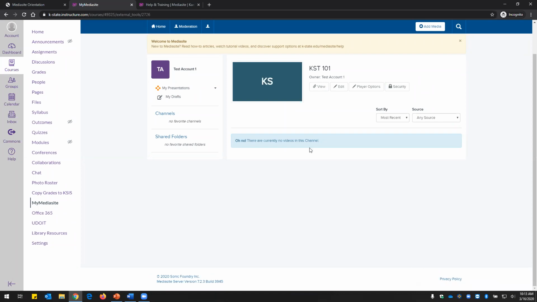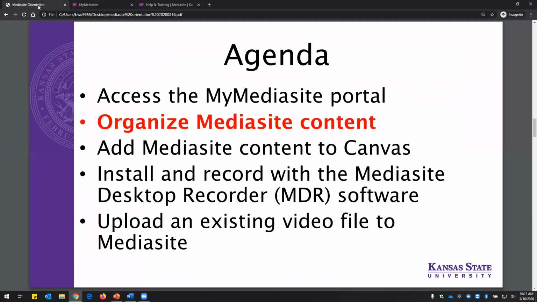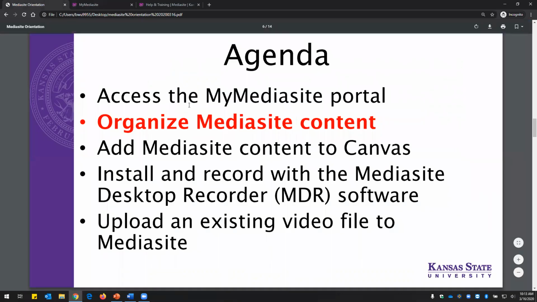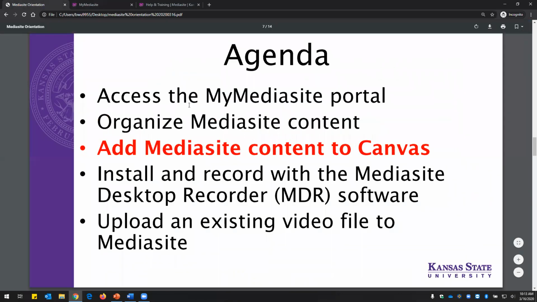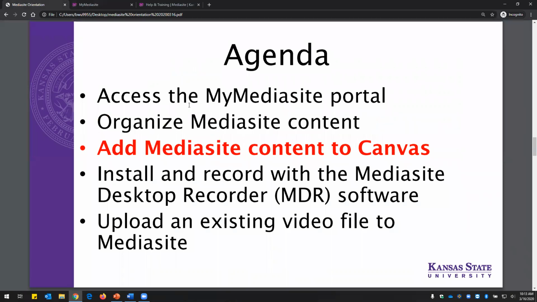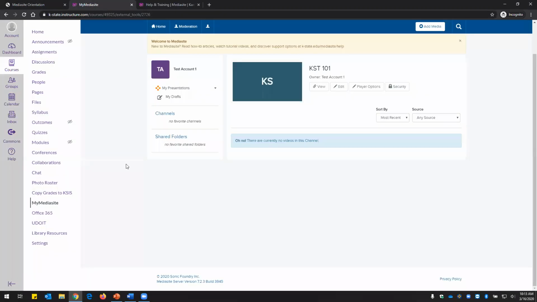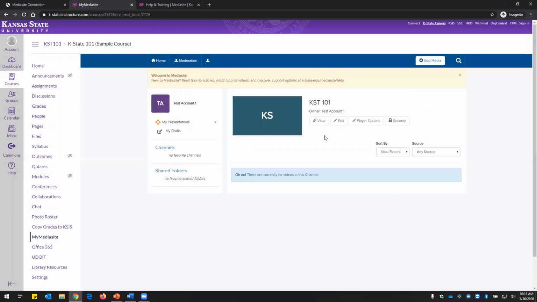So this is where I would end up creating my content, but we want to figure out how to then add that content into Canvas so that your students can see it. So what we're going to do next is create a Canvas module and then embed that channel we just created into Canvas. So I'm going to go back to my Canvas course. I'm in my Mediasite portal right now, but I'm going to leave that,